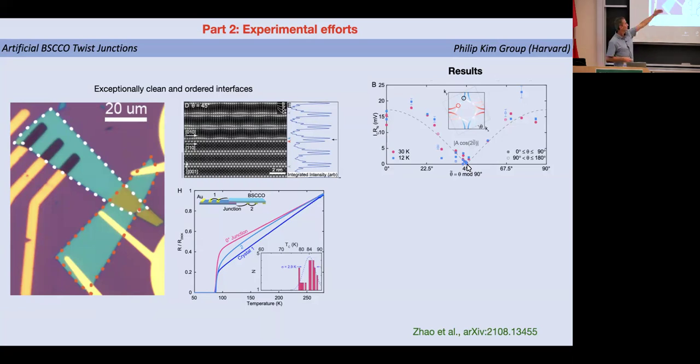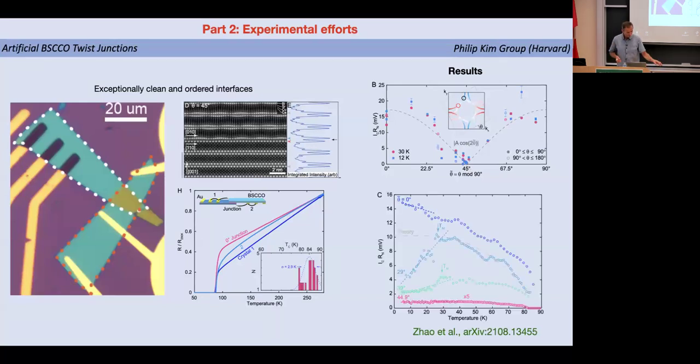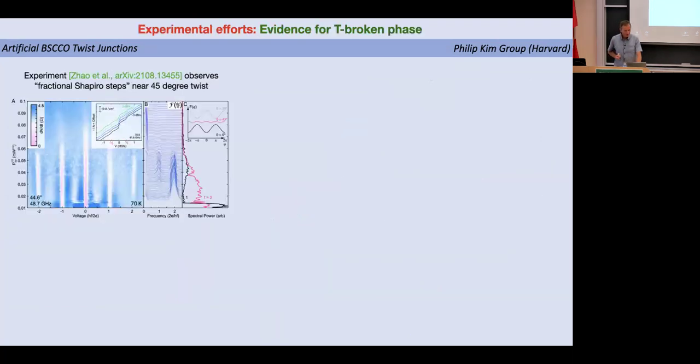Earlier experiments have seen basically no suppression and interpreted this as evidence for ordinary S-wave superconductivity, or basically we're not able to interpret that. So for the first time with these clean interfaces, they are able to see this basic property of high TC cuprates. There's some other interesting features of a temperature dependence, which again, I will skip, but the first question I asked Philip in that conversation was, do you have any evidence for this time reversal symmetry breaking near 45 degrees that we predict? And at the time he told me, well, I don't know, I have to check.